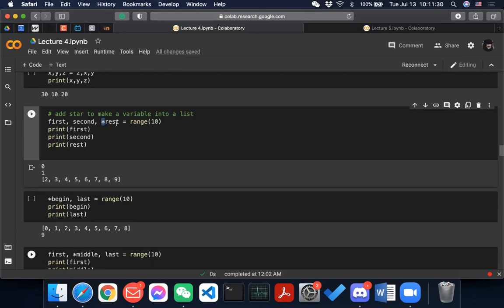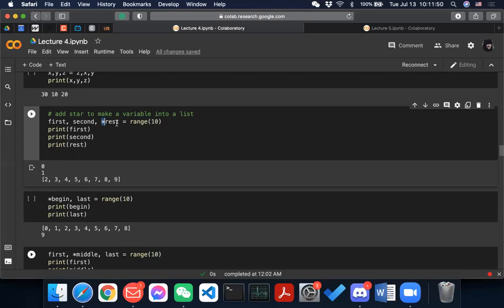So that means that we have first and second, and then the rest. And after you unpack it, the first element is just the first, the second element is the second, and then the rest is placed into rest. The format remains a list.